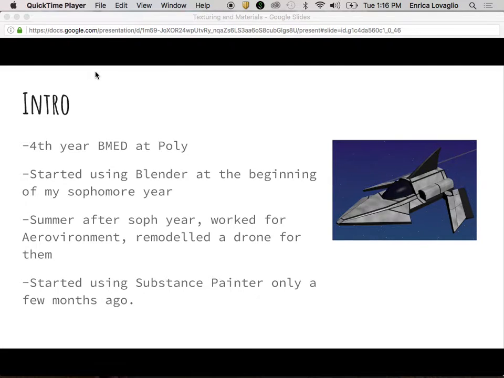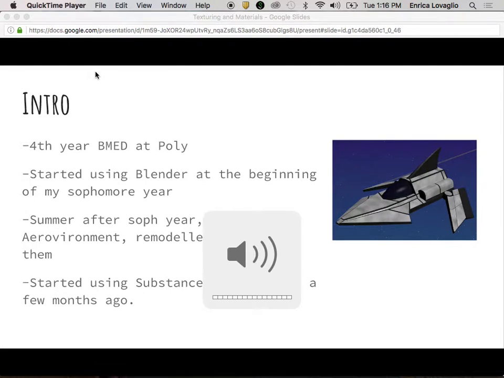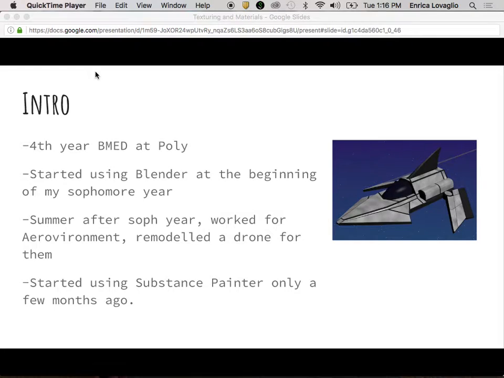And so I only started this the beginning of my sophomore year. At the end of my sophomore year, I had an internship, and I was working with a drone manufacturing company, and they just needed to get their 3D scanned model from SolidWorks into a game engine, and I just happened to know it, so that's what I did my internship on, and since then I've just been doing it